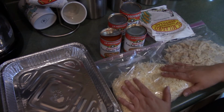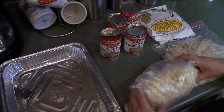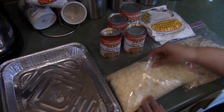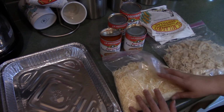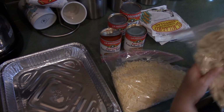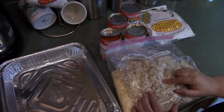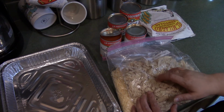I use, this is like half of a big, I think it's like a 3-pound bag of Chihuahua cheese. I just divided it in half and then into two different Ziplocs, so that way there's two separate usings. I have some shredded chicken already that I pre-cooked and I froze, and I used one teaspoon each of